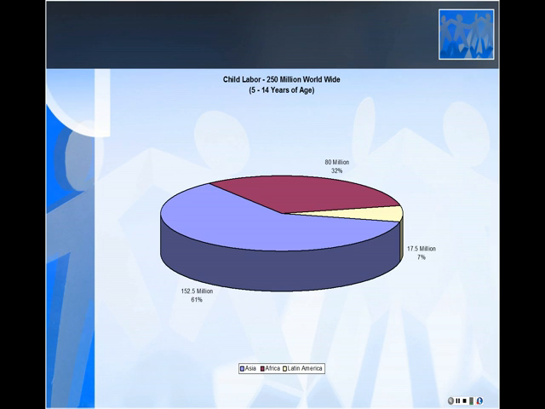According to the International Labor Organization, the Asia Pacific region has the largest number of working children, over 150 million under the age of 14. In Bangladesh, it's estimated that over 5 million out of 35 million children are working. India has over 11 million children, Pakistan over 3 million, and in Burma, the ILO estimates that in 2000, over 25% of the children between 10 and 14 were working children.